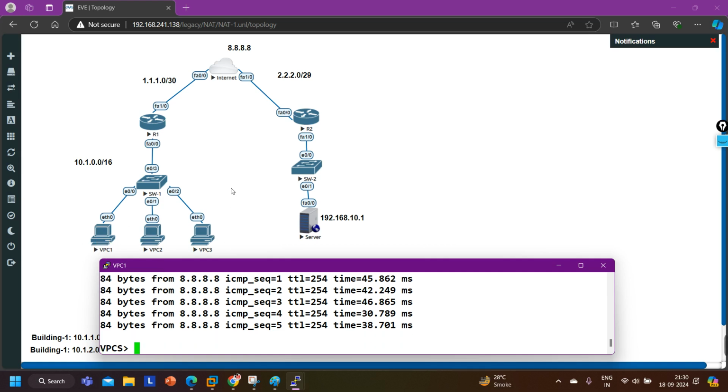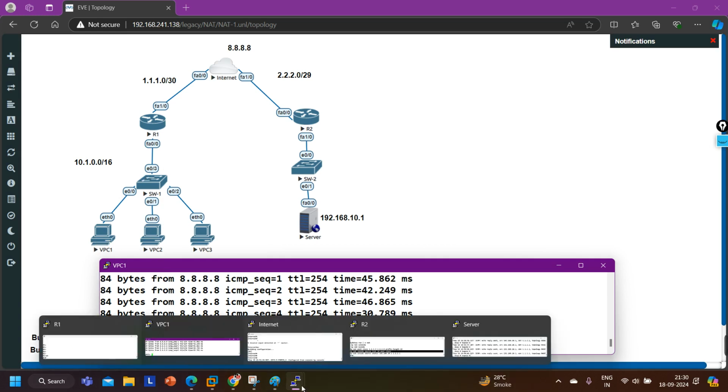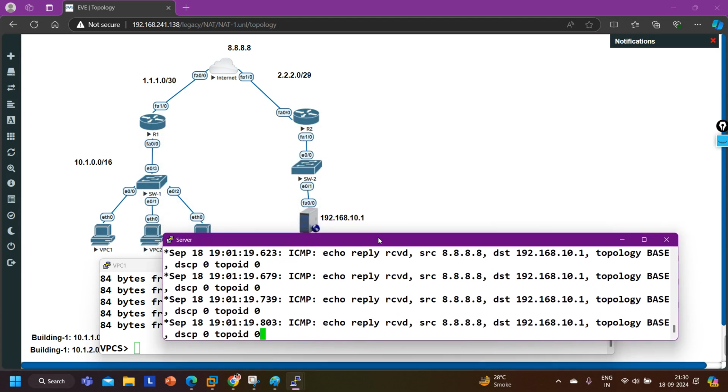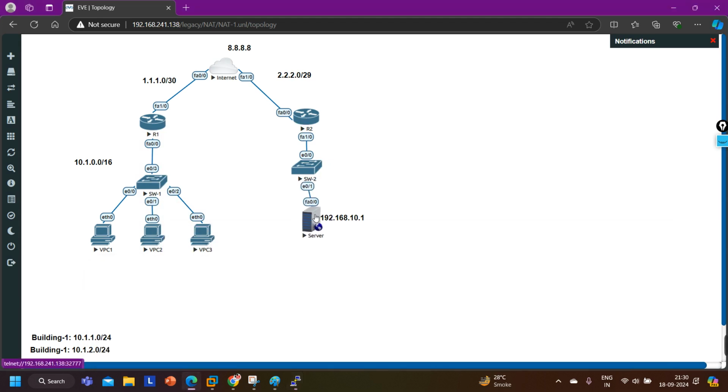They can communicate with any device inside the network, and the server can also access the internet. Ping 8.8.8.8. And the other users in this network can also access the internet. Got it, guys?